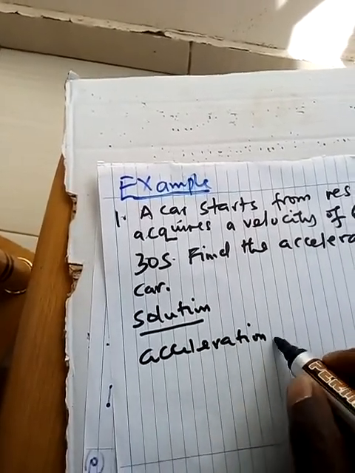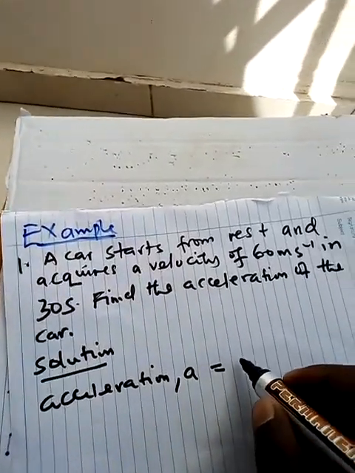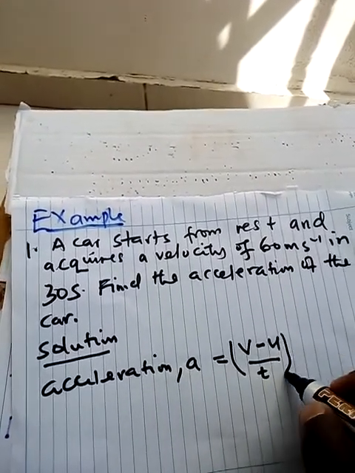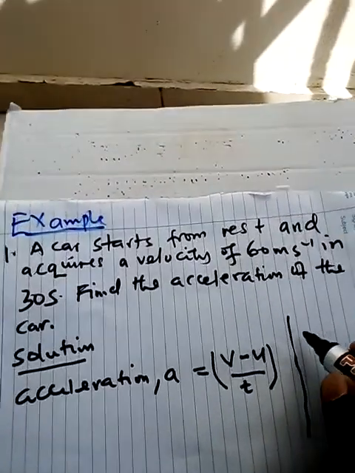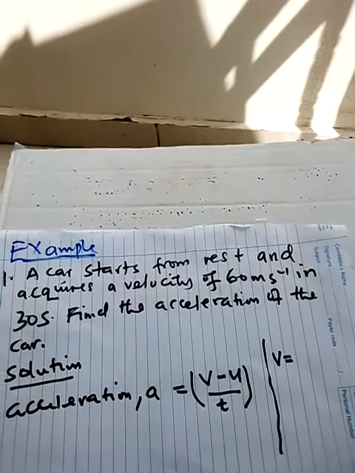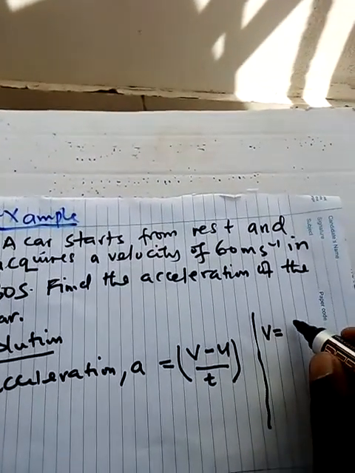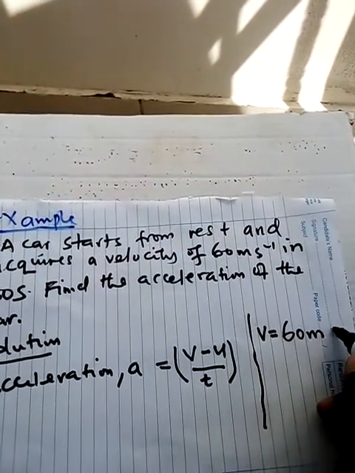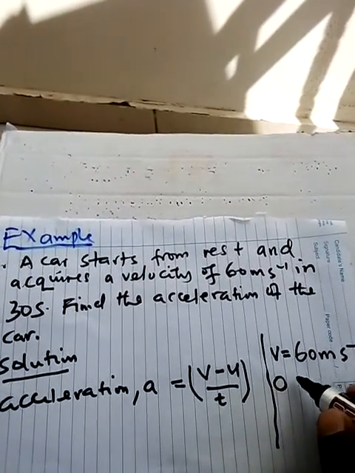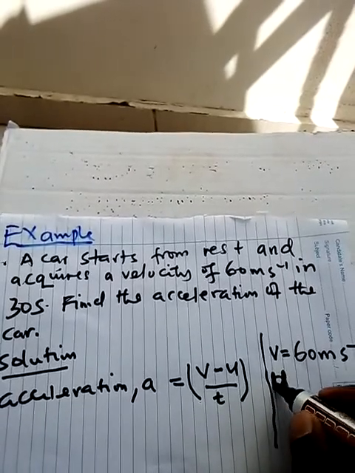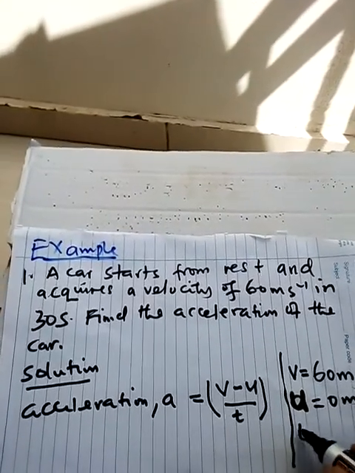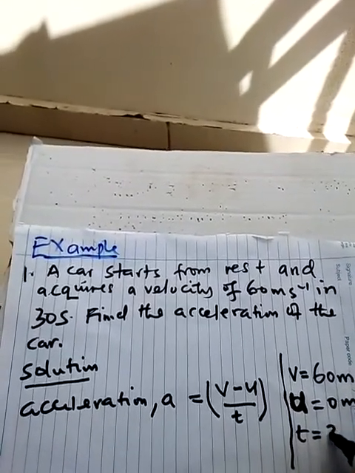which is denoted by letter small a, is equal to final velocity minus initial velocity divided by time. Now you need to put down what the final velocity is. Remember, the car starts from rest, and acquires a velocity of 60 meters per second. So final velocity is equal to 60 meters per second. Then initial velocity, since it starts from rest, this is u. Initial velocity is equal to 0 meters per second, and the time taken, they told us it is equal to